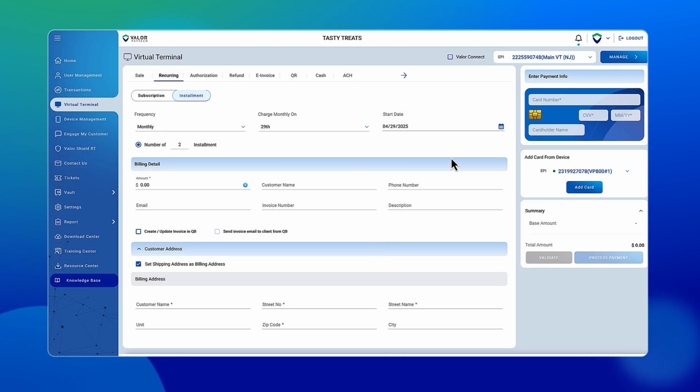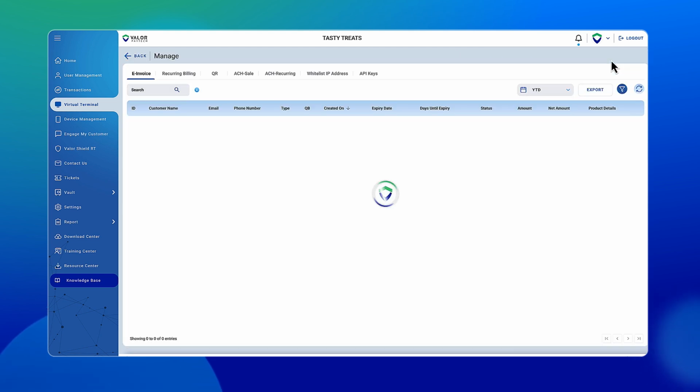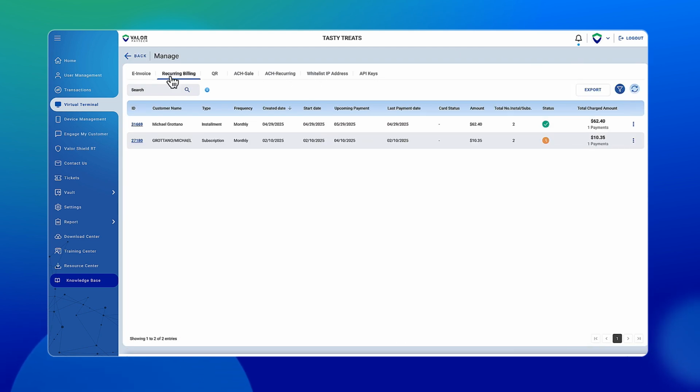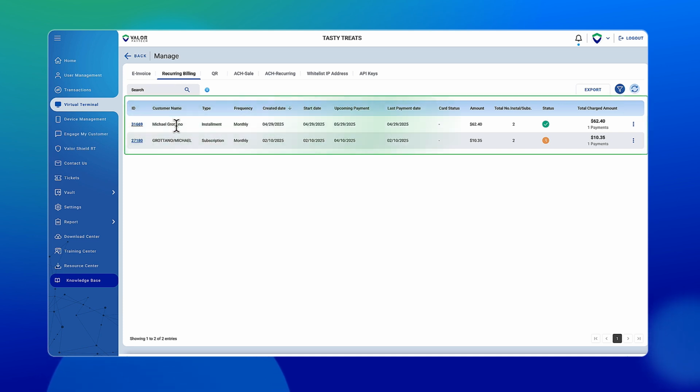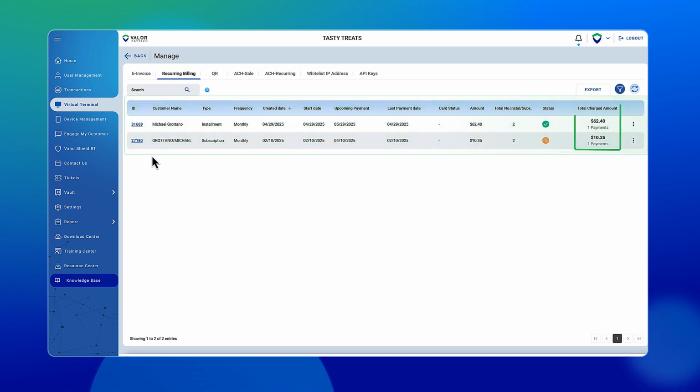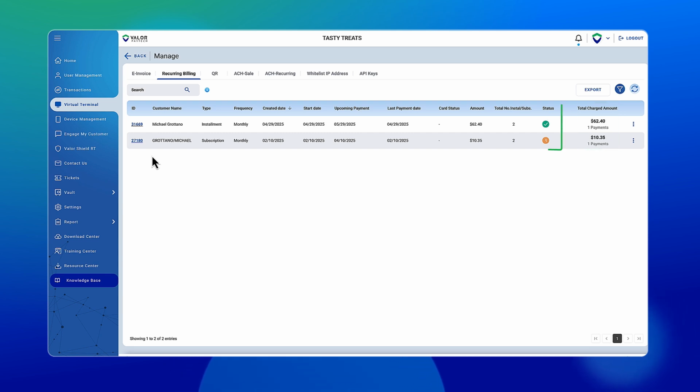To manage recurring billing profiles, go to the top right corner of the virtual terminal and select the Manage tab. Under the Recurring Billing section, you'll be able to view all customers with active billing schedules. This section shows the number of payments made, total value processed, the current status, and the requested amount for each payment. You'll also see details like the last transaction date, the upcoming payment date, and the start date of the